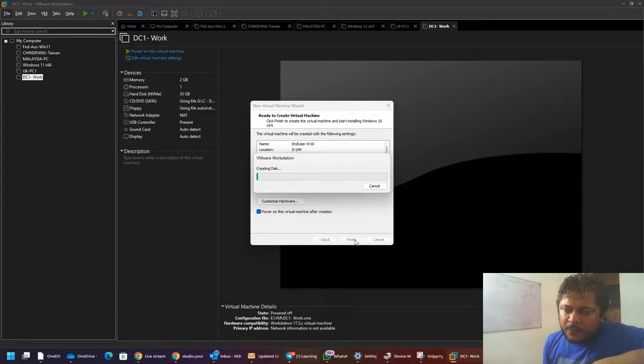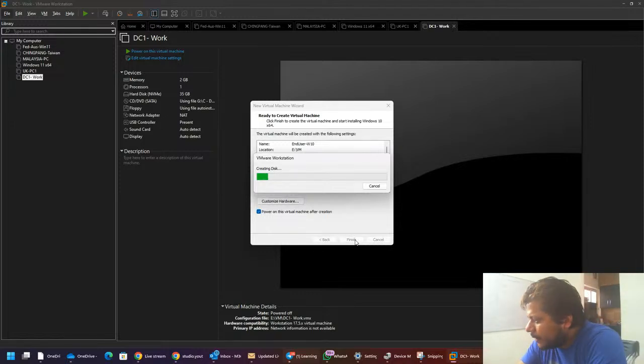Over here, you could probably see a disk option. This is basically that it is allocating disk storage on your local PC. Meanwhile, while this is ongoing, I'm going to ask some questions over here, and we'll take a quick break.